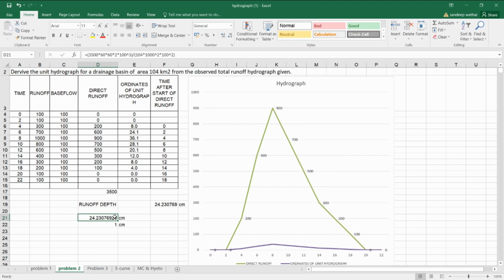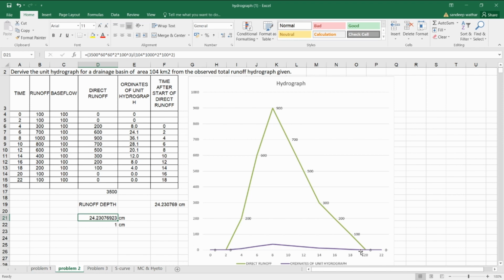Now let us understand what is this effective rainfall that I am speaking about. Assume that there is some 30 centimeter rainfall that has happened. In that 30 centimeter, if I remove 6 centimeter for abstraction, like infiltration, evaporation, evapotranspiration, everything, so 24 centimeter of water has been converted into runoff. So that is your effective rainfall. Effective rainfall and direct runoff, both are similar, right? So 24 centimeter of effective rainfall has created these ordinates.